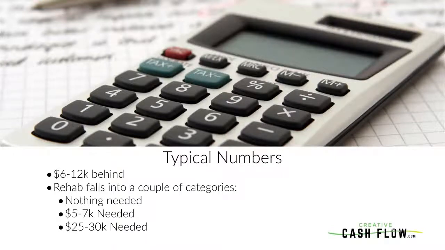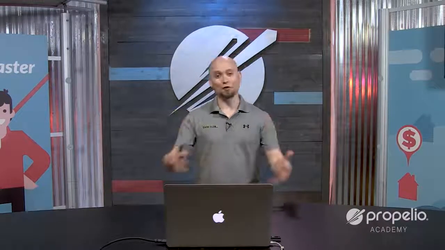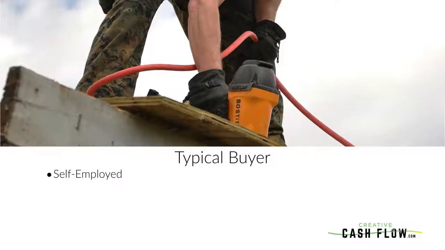When we're looking at these homes that are in the 1,000 to 1,200-ish square foot range, if it needs a full rehab, we're looking at like 30 grand, right, for that full rehab. So I'm typically running into one of these three areas for rehab on a subject to property. And then we look at our typical buyer. I mentioned a little bit of it earlier, but one of the big indicators is they're self-employed,